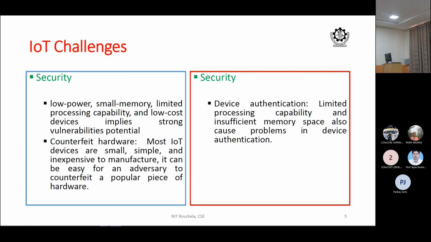Then security. Security is a very serious challenge. It's a security challenge for all the networks, including the IoT network. The problem with IoT is mostly that they are tiny, resource constrained devices. Traditional networks provide security mechanisms where you use a lot of encryption techniques, digital signatures, and all these protocols and underlying algorithms, which consume a lot of resources.